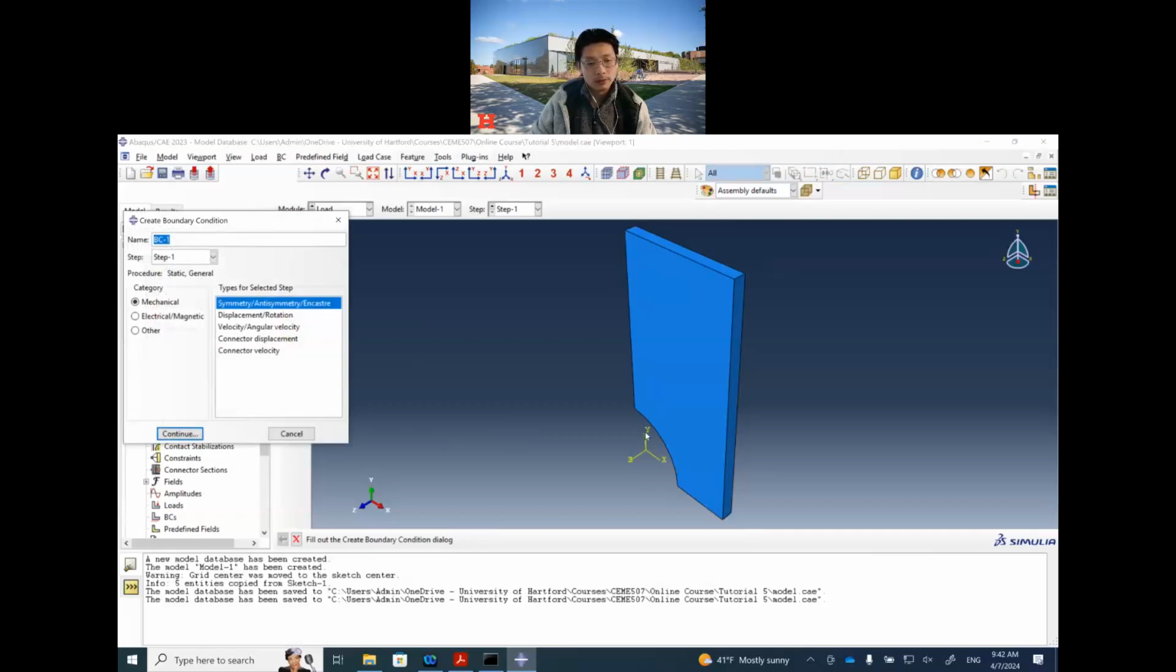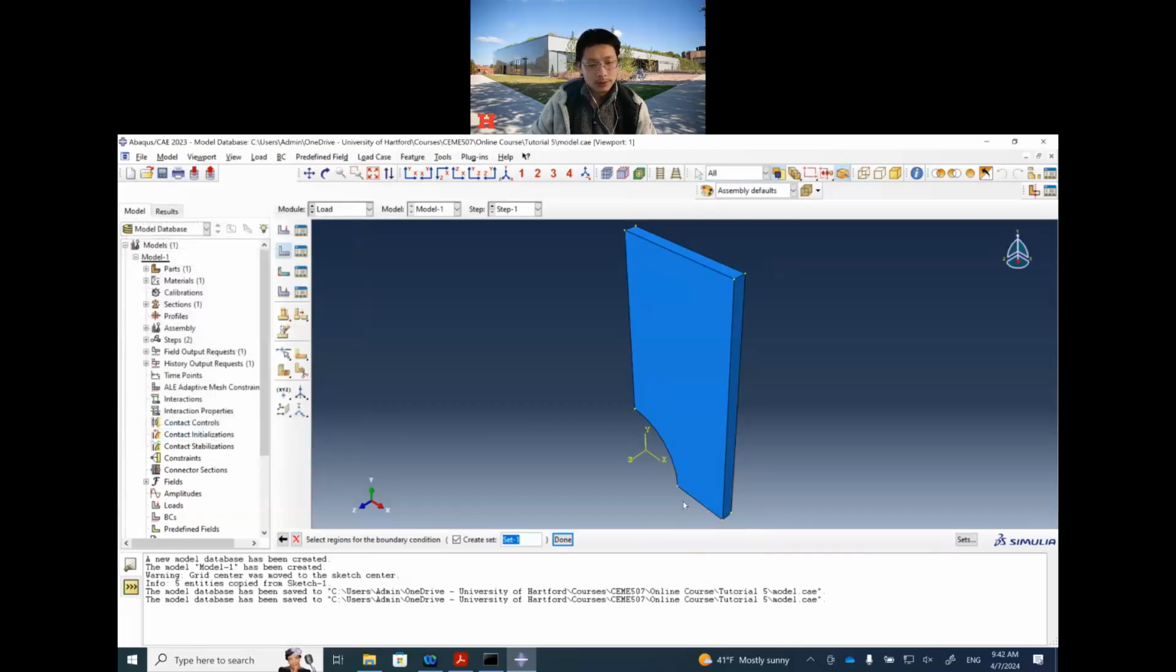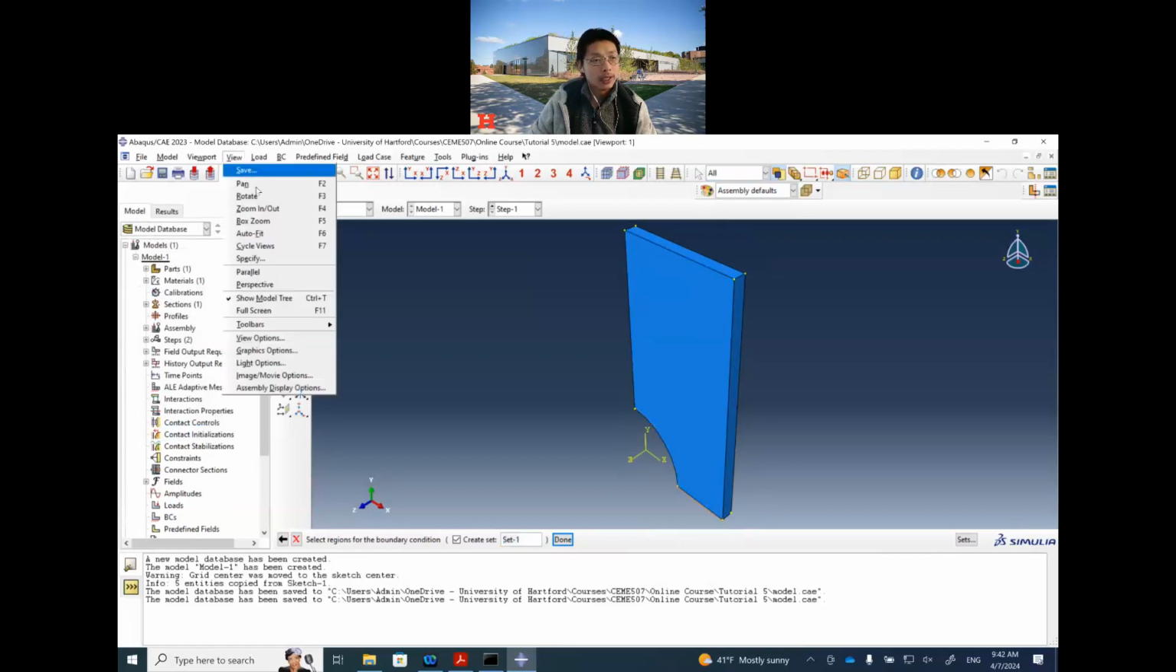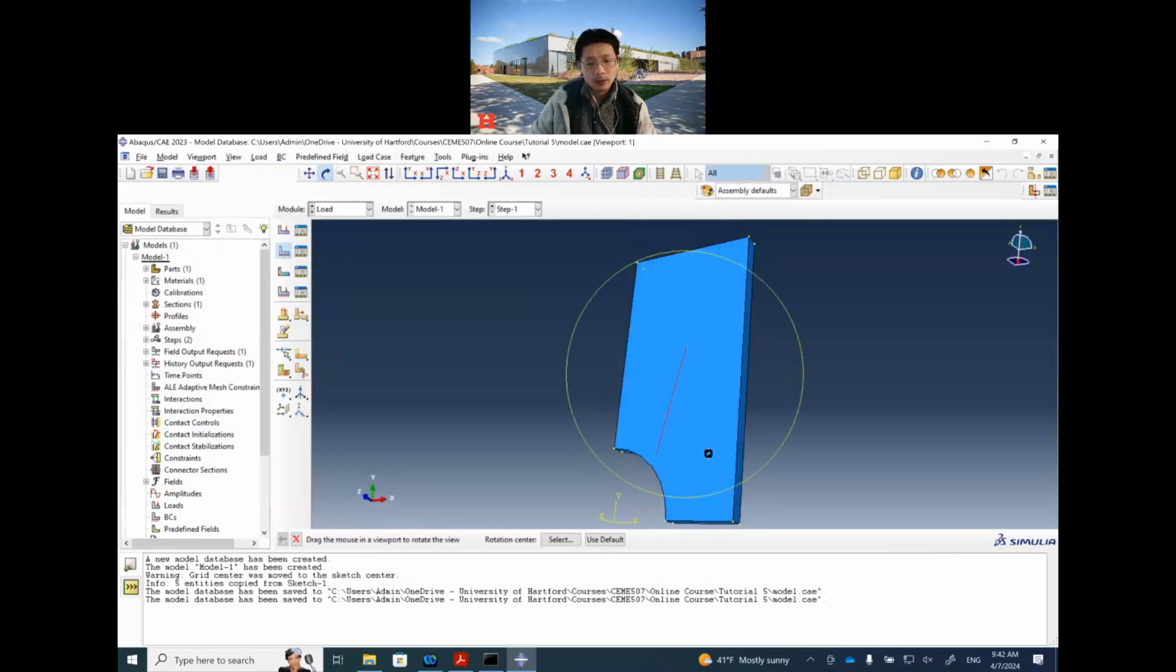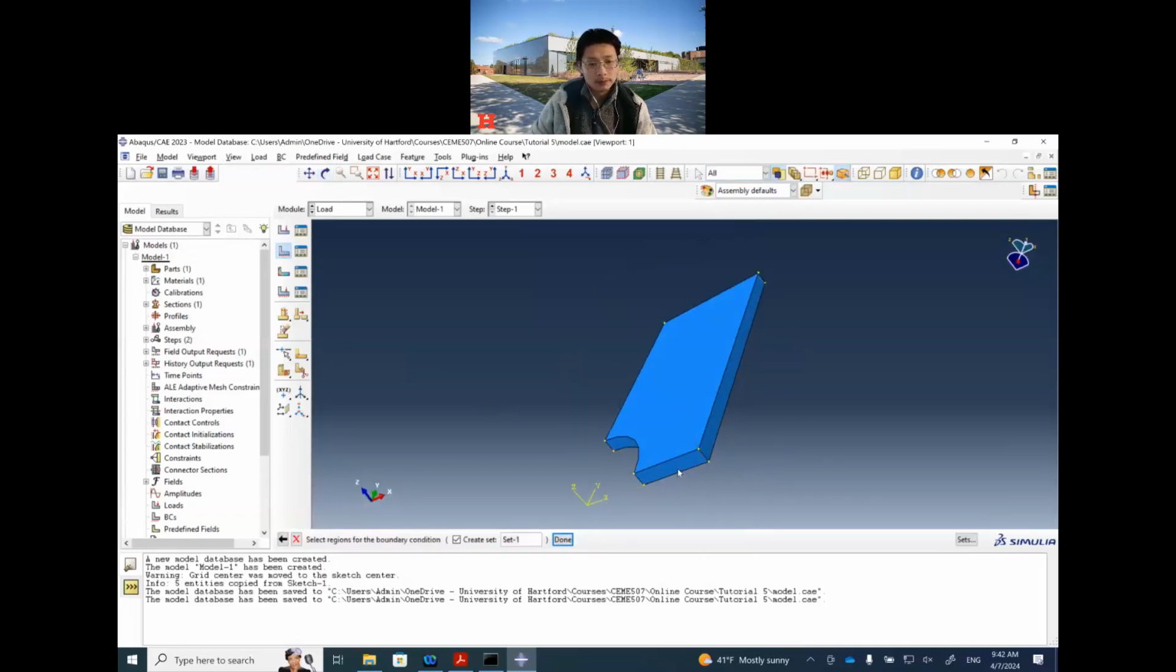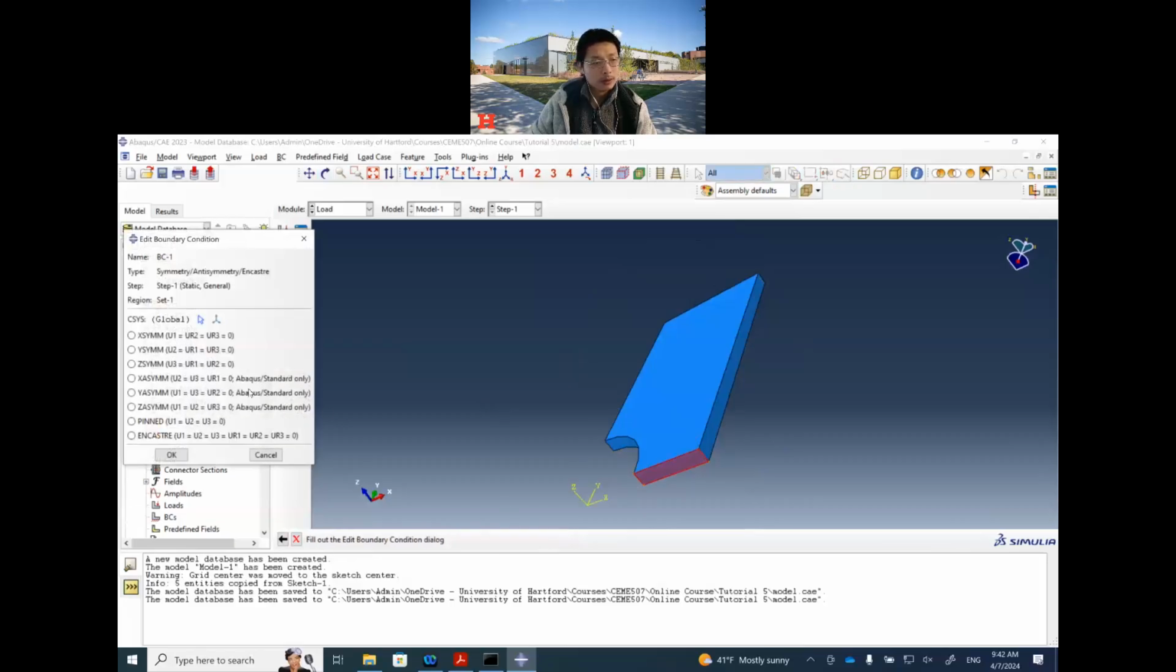Symmetry, but that's Y symmetry here. Continue. We need to select the bottom. So that means we need to rotate that a little bit. So we do a little rotation here and select this region. So that's the Y symmetry, and then move here